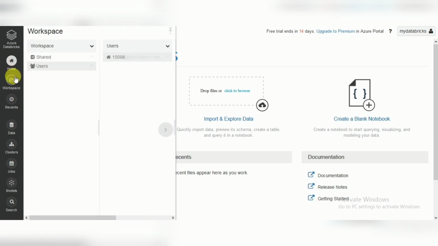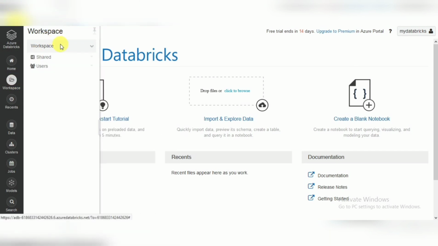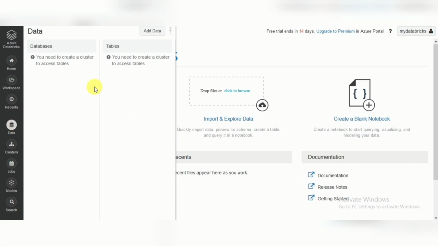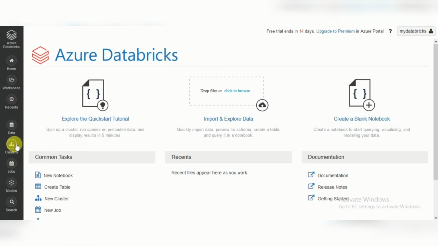If you click on workspace, you can see the workspace and other options, and data related, all the databases and tables will be there, but as of now we have not created any clusters, so that's why it is empty. Here, if you want to create a notebook, you can directly click here, or create a table. This is the default home page, the shortcuts are available here.